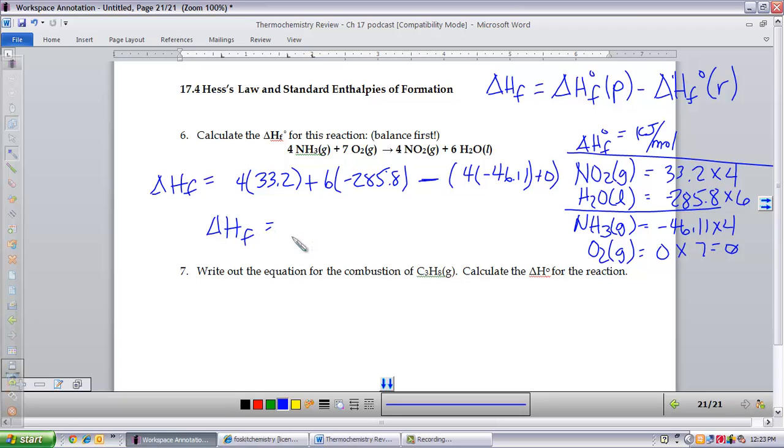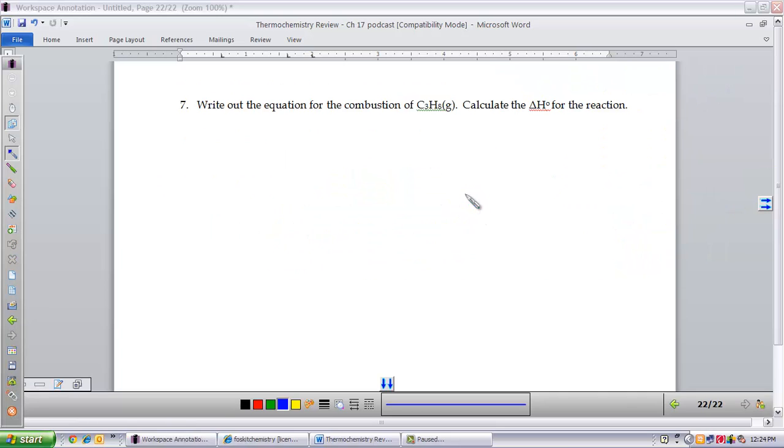Okay, when I calculate that, I get the enthalpy of the entire reaction is negative 1397.6 kilojoules. Now keep in mind that when you're adding and subtracting numbers, the significant digits have to do with decimal places, so you get to have one